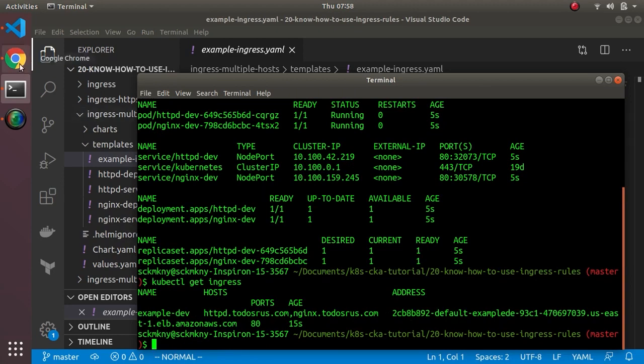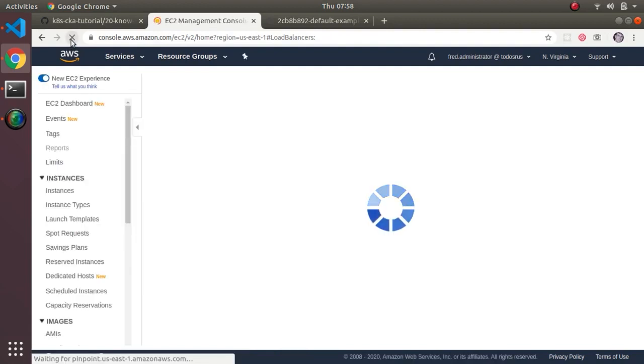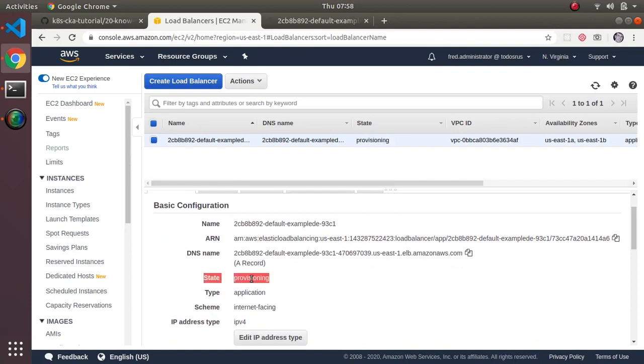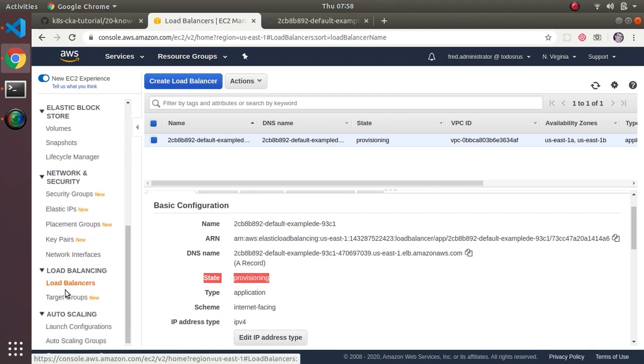But if I go into my load balancers, let me go back to load balancers. I have a new load balancer. Let me refresh my screen. Another load balancer just got created, and you see right here the status is provisioning, so this is not ready yet. The first step is the load balancer has to be active, and then you want to look at the targets. Let's see if there are even targets here. If I go under target groups,